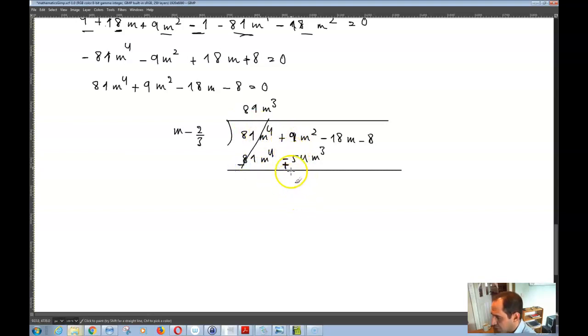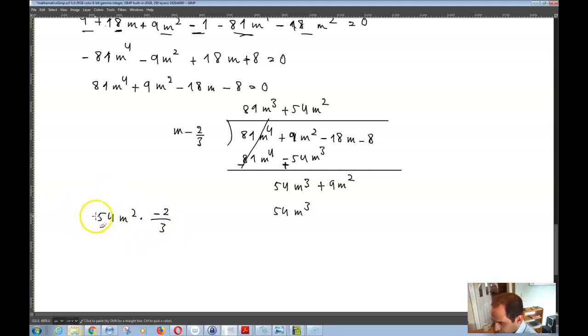You will get basically positive 54m cubed plus 9m squared, and then 54m cubed divided by m is equal to 54m squared. 54m squared times m is equal to 54m cubed. So 54m cubed and 54m squared times negative 2/3 is equal to